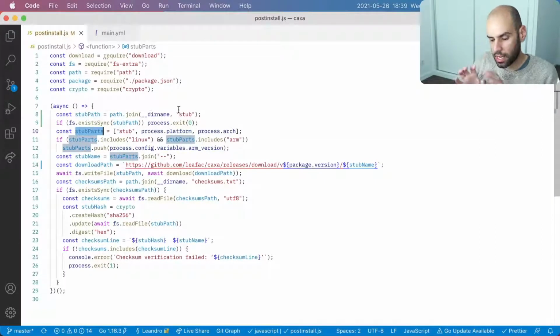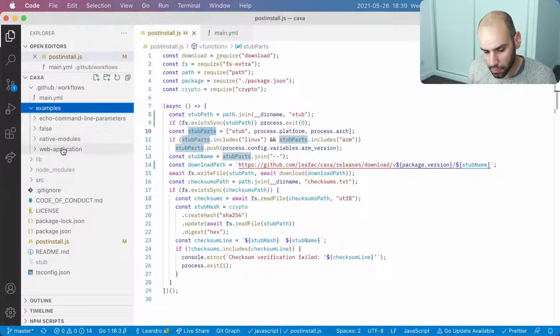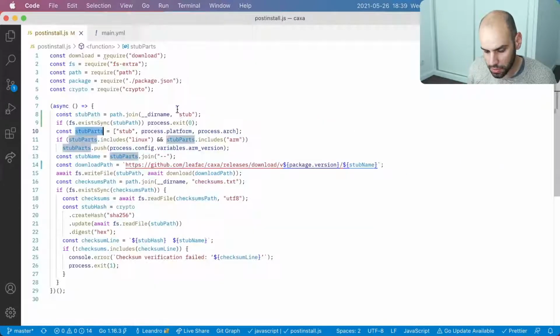Kunal Biswa says, is this web development? Sort of. I mean, this is a package that allows you to ship, to deploy your web servers in a more convenient manner. And we even have an example of this being used in a web application, but specifically what I'm doing right now is not web development. I'm writing Node.js. It's more like a command line tool, but it's useful for web development.